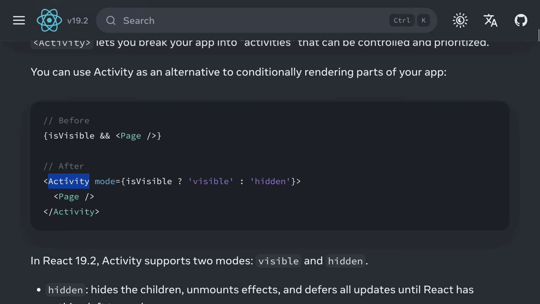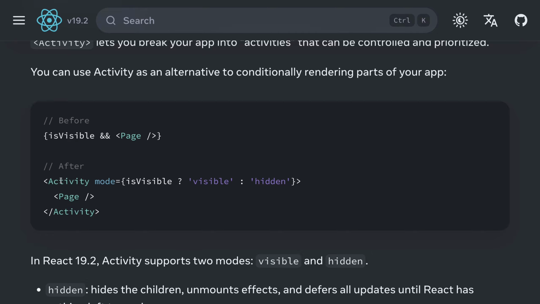So this Activity component wraps around the component which we want to render inside of the DOM, and then we have the mode, and the modes are visible and hidden, and we can toggle the mode by using the isVisible state basically. So now you might be thinking, hey,